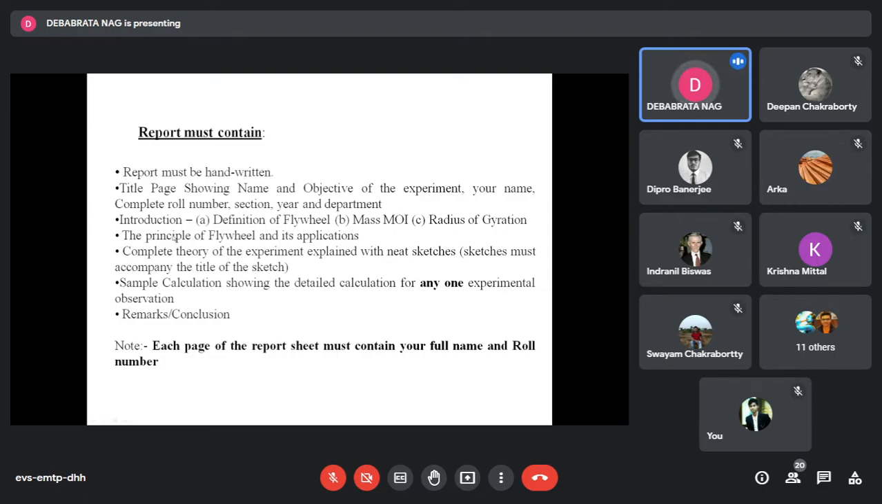তার মধ্যে নেক্সট ইন্ট্রোডাকশনের মধ্যে এটা একটা পয়েন্ট হয়ে গেল। নেক্সট হচ্ছে প্রিন্সিপাল অফ নেক্সট পয়েন্ট, এই যে বুলেটগুলো হচ্ছে এক একটা পয়েন্ট, তাহলে তুমি এটাকে 1 দিতে পারো, তারপর এটাকে 2, এটাকে 3, 4 এরকম করে তুমি লিখতে পারো। নেক্সট হচ্ছে প্রিন্সিপাল অফ ফ্লাইহুইল অ্যান্ড ইটস অ্যাপ্লিকেশনস, ঠিক আছে। নেক্সট হচ্ছে কমপ্লিট থিওরি অফ দি এক্সপেরিমেন্ট এক্সপ্লেইনড উইথ নিট স্কেচেস। স্কেচেস মাস্ট অ্যাকম্পানি দি টাইটেল অফ দি